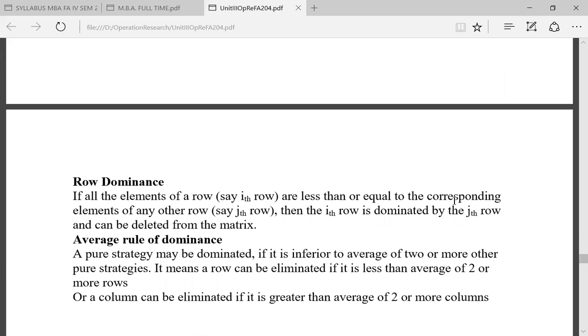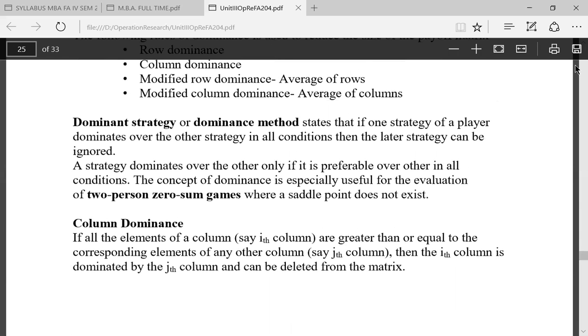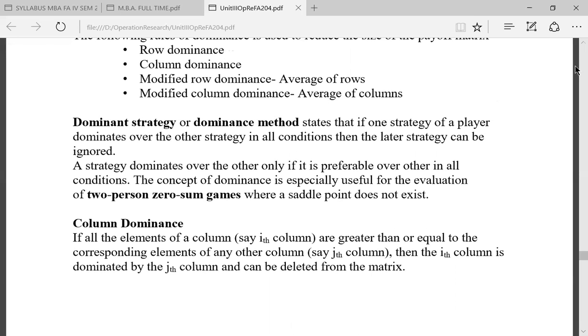अगर कोई एक रो को हम दूसरी रो से कंपेयर करते हैं और पहली रो के सारे एलिमेंट्स दूसरी रो से कम हैं, तो हम जो रो छोटी है उसको एलिमिनेट कर सकते हैं। इसी तरह से कॉलम्स का भी डोमिनेंस रूल है। कॉलम डोमिनेंस में हम एक कॉलम को दूसरे कॉलम से कंपेयर करते हैं और जिस कॉलम के सारे एलिमेंट्स दूसरे कॉलम से बड़े हैं या बराबर हैं, उस कॉलम को हम डिलीट कर देते हैं। कॉलम्स में जो कॉलम बड़ा होता है वो डिलीट होता है, रो में जो रो छोटी होती है वो मैट्रिक्स से डिलीट हो जाती है।